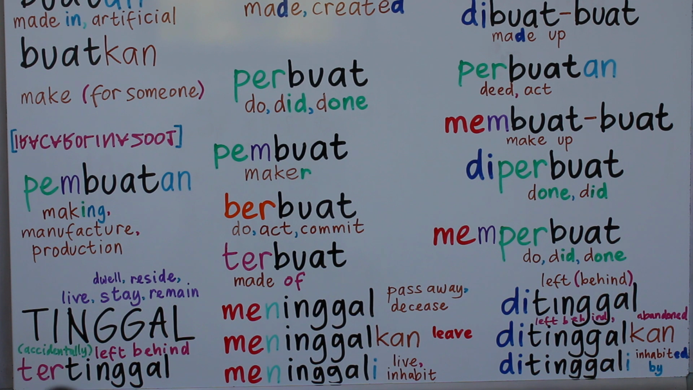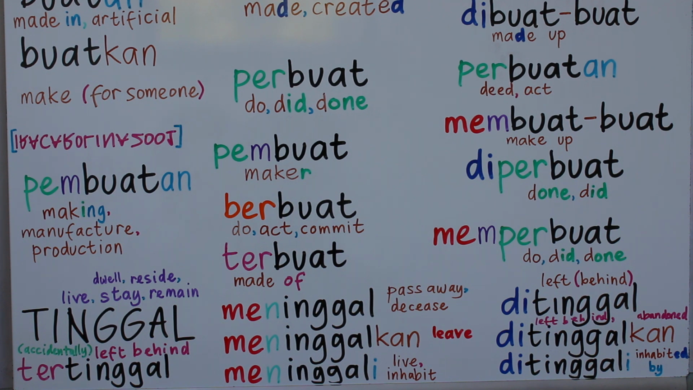For example, with this one, tinggal, it means dwell or reside, live, stay, remain. But if you use the prefix me, the initial T becomes N. Meninggal, it means pass away or decease. Some words